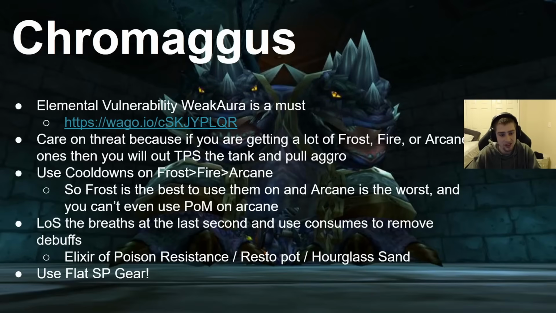Other than that, LOS the beast at the last second, and also use consumes to remove debuffs. If you get the poison debuff, use an elixir, poison resistance, or an anti-venom. Use a resto pot for the last 30 seconds of the fight, which will passively dispel your buffs. And use Hourglass Sand if you get the bronze debuff. That will help you not be CC'd for the fight, take less damage, stay alive, and it'll make the fight a lot